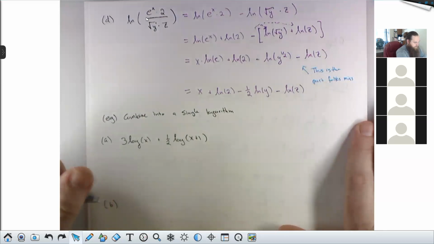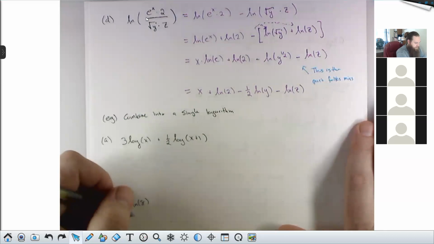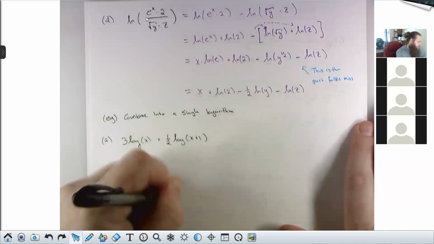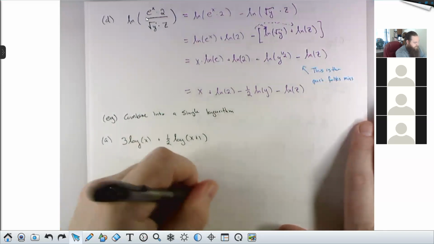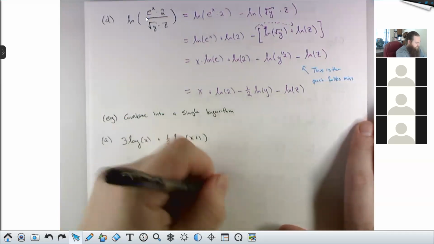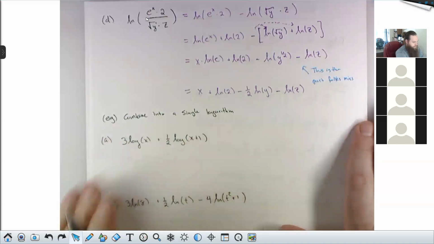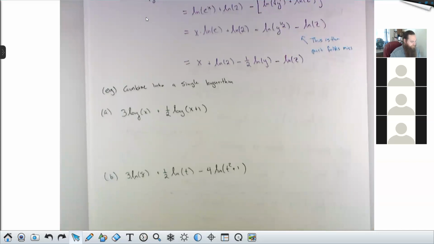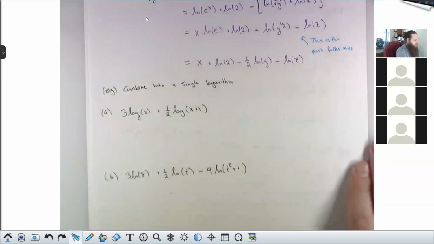Let's try part b: 3 times the ln of 8 plus 1/2 times the ln of t minus 4 times the ln of t squared plus 1. Okay. Let's start with these. And the first guy,